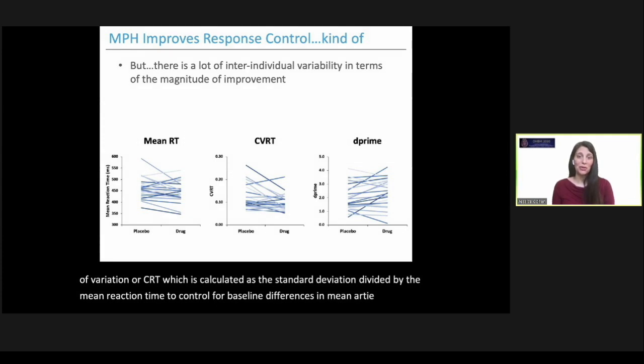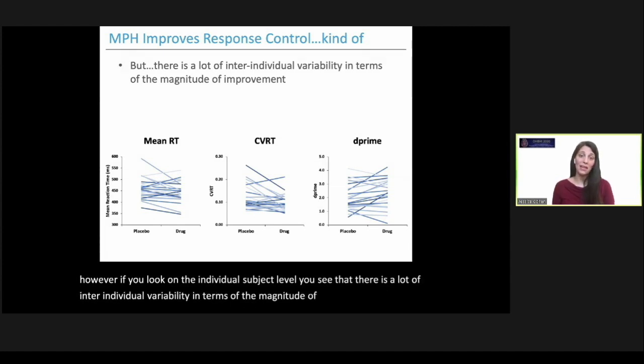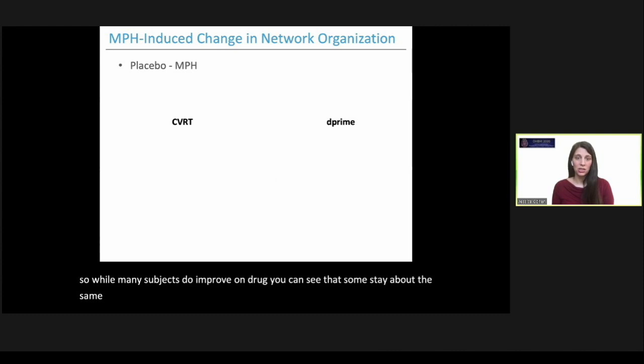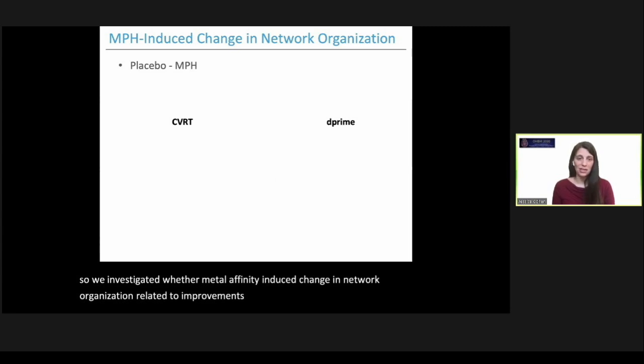However, if you look on the individual subject level, you see that there is a lot of inter-individual variability in terms of the magnitude of improvement on the task. So while many subjects do improve on drug, you can see that some stay about the same and others perform worse. So we investigated whether methylphenidate-induced change in network organization related to improvements in performance on the go-no-go task by